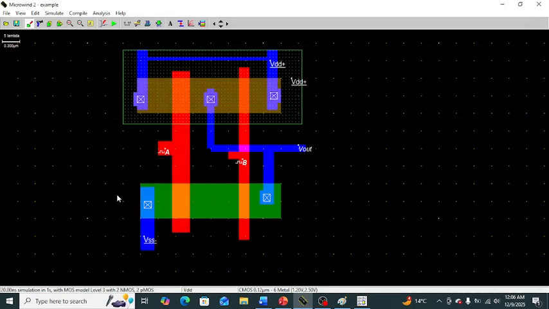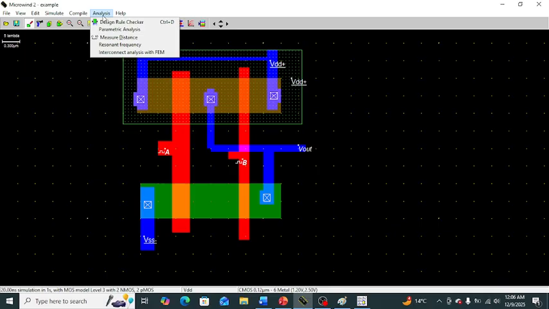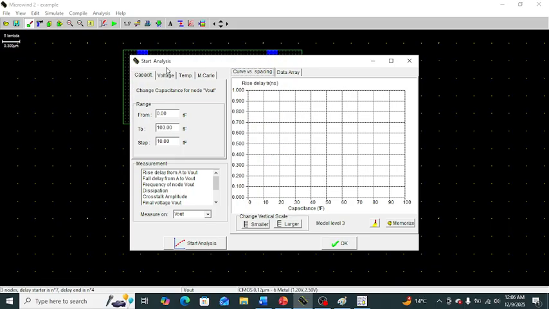Now this is the CMOS layout editor too. We can also take the parametric analysis of this NAND logic gate. Just click here, analysis, parametric analysis, and click at any terminal. Here suppose we take the power dissipation. Check the power dissipation of this CMOS layout. Now power dissipation is checked.